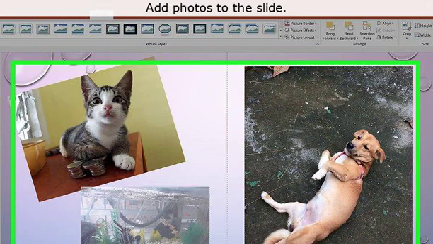Step 5. Add photos to the slide. If you want to add a photo to your slide, click the